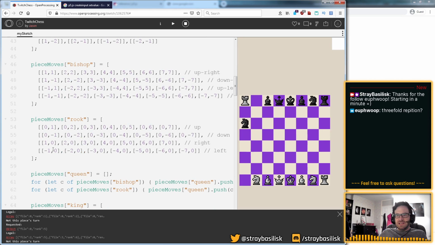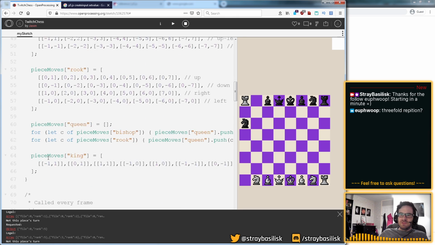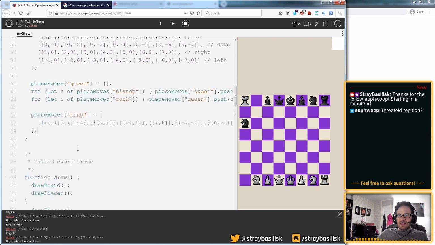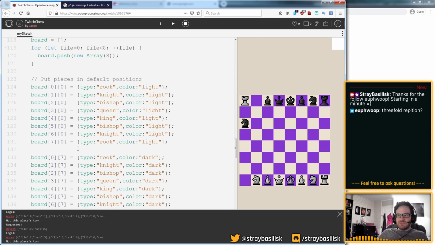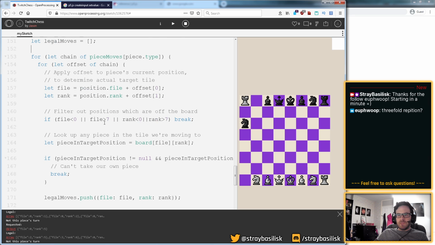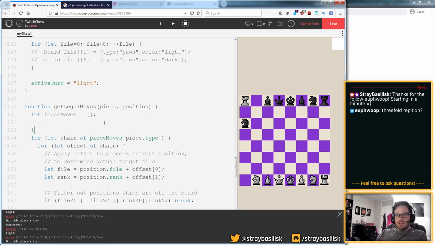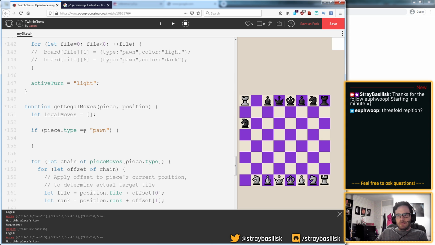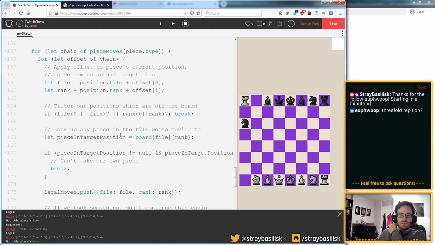Actually, you know what, I won't. I think I'll at least have their basic single... No, yeah, their moves are really screwy, right? So let's have some separate logic for pawns, because they are weird. Okay. If type equals pawn, so